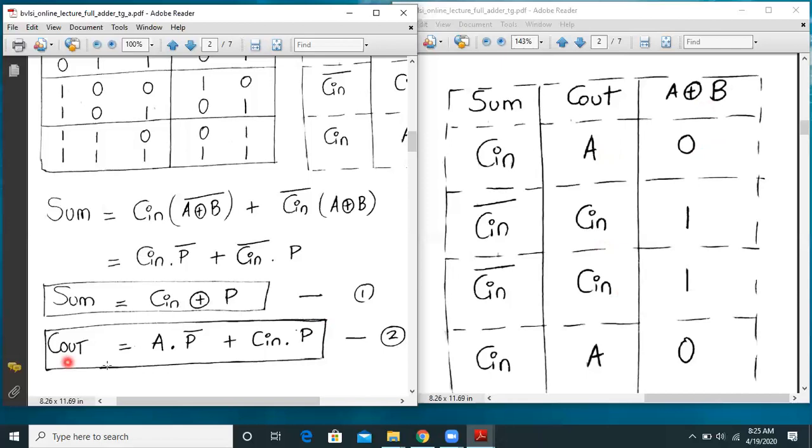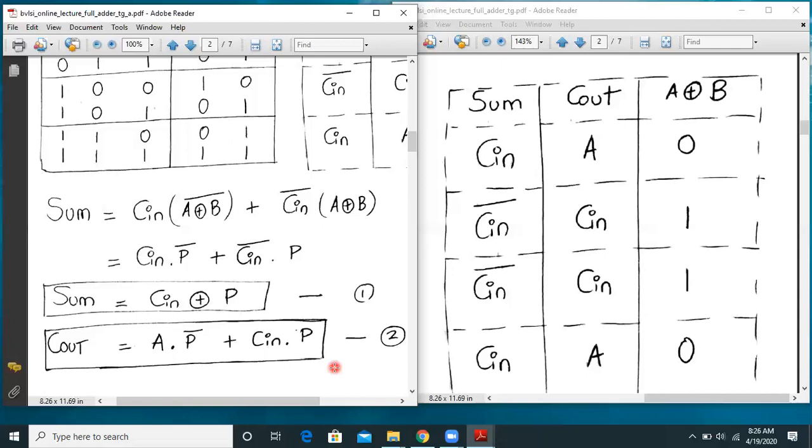We write it as Cout is equal to A dot P bar plus Cin dot P. Basically, P is A XOR B. I repeat, the Cout expression is A dot P bar plus Cin dot P. Understood? So this is expression number 2, for Cout, that is carry out.